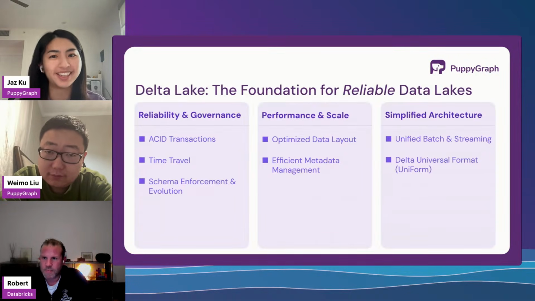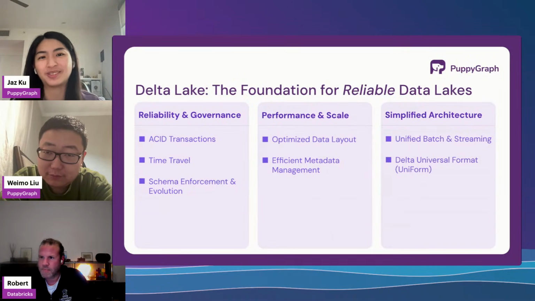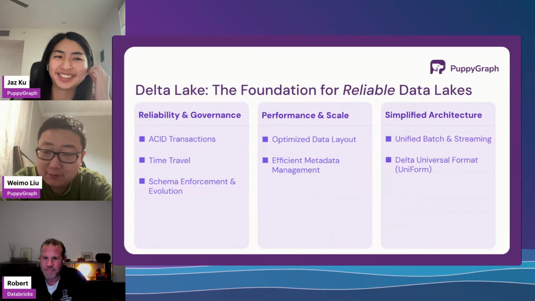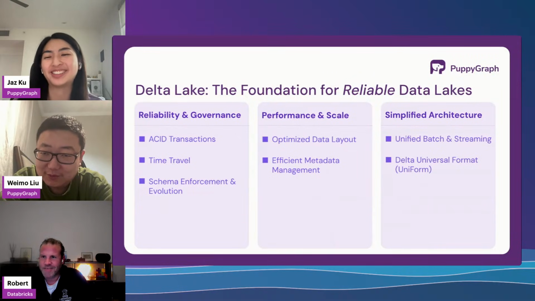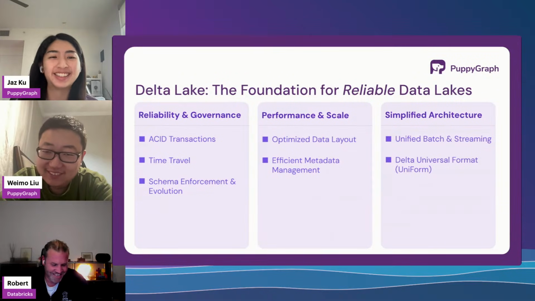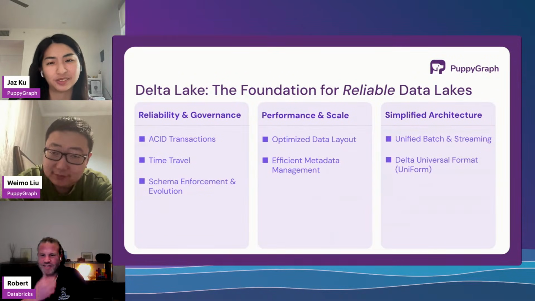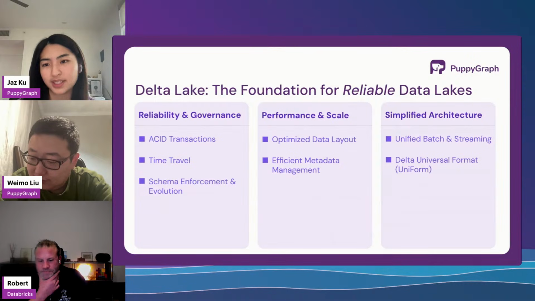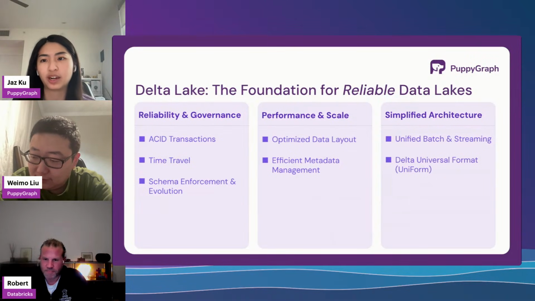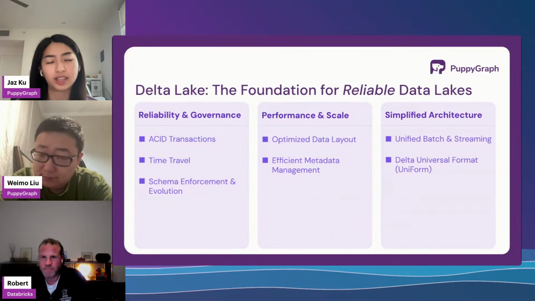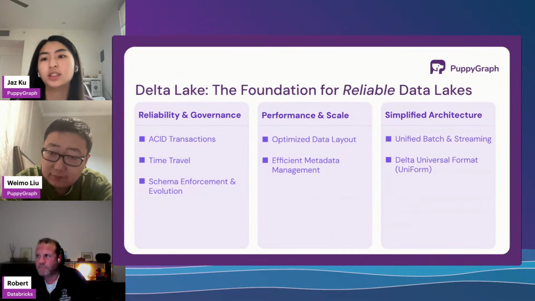So we'll start off with Delta Lake, which will serve as the foundation for reliable data lakes. Robert, you're a contributor to this project, so you'll probably know a lot more, but I'm just going to do a brief summary. This is not exhaustive, but Delta Lake will provide the ACID transactions that you're used to working with if you're familiar with databases. And they also have this time travel option that, if I'm not wrong, is possible because there's a transaction log that keeps track of all these different transactions. So you know your table state at the exact point in time.